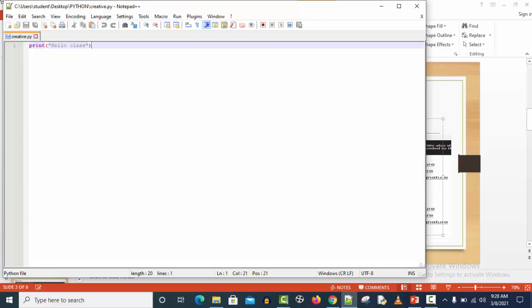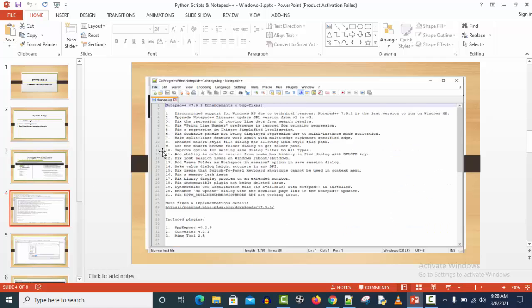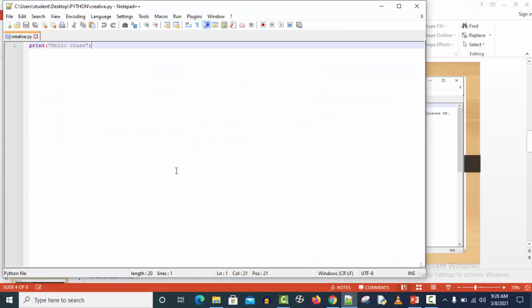Now I closed the introductory message that comes when you install. You freshly install Notepad++. As I showed you earlier on, this is what you would see when you open it for the first time. So the change.log. So you can just open a new page. Okay, to open a new page, this is the symbol. You can see new. So you just click on it,